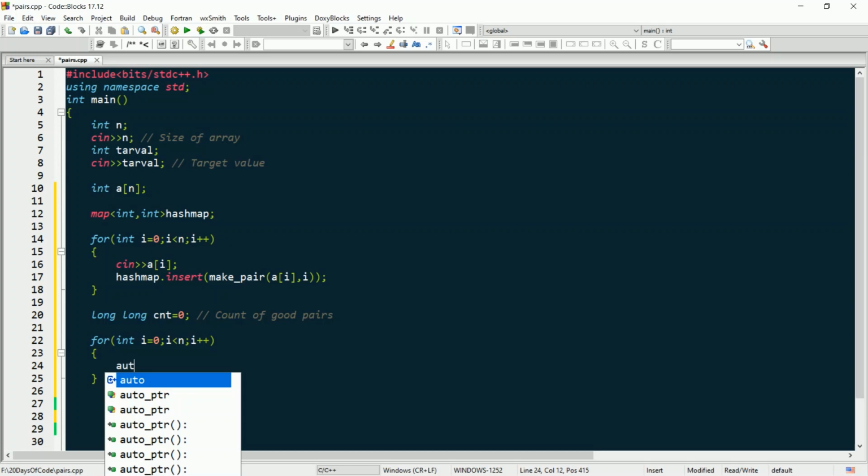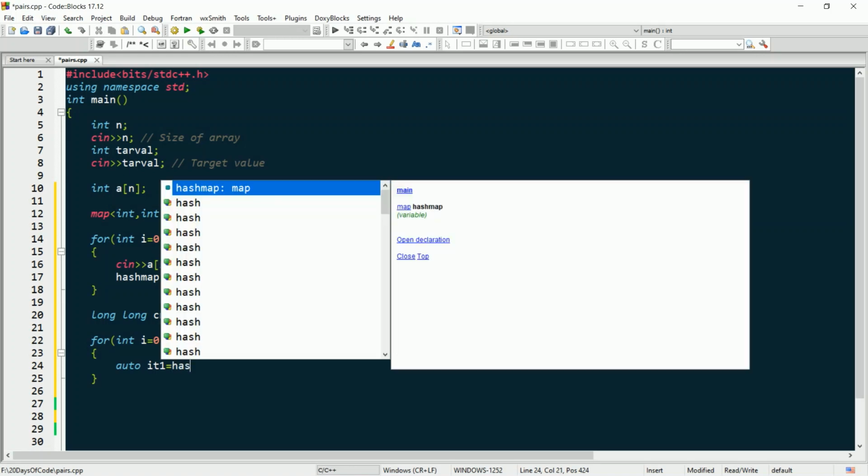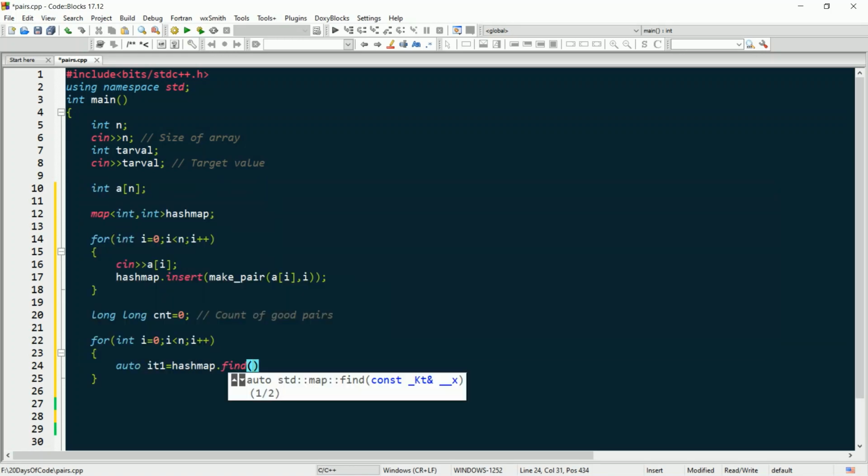Now auto it1, the iterator which will store the position of my current value. Okay, where is my current value located? So my current value is hashmap.find(a[i]).